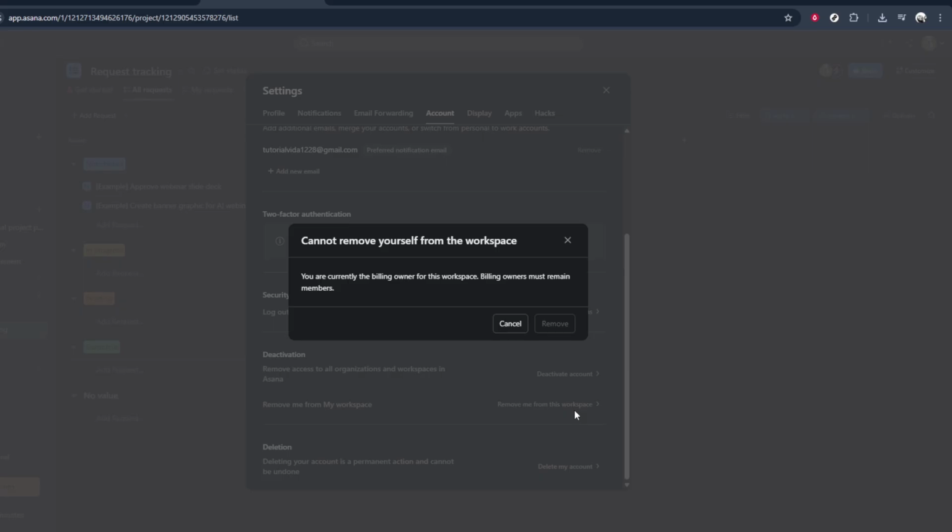After you click, Asana will guide you through some on-screen prompts. These may include confirming that you really want to leave, and possibly warning you about losing access to projects, tasks, or messages in that workspace. Carefully read each prompt so you understand what data and permissions you're giving up. Then, follow the instructions to confirm your choice. Once you complete those prompts, you'll be removed from that workspace and it will no longer appear in your Asana